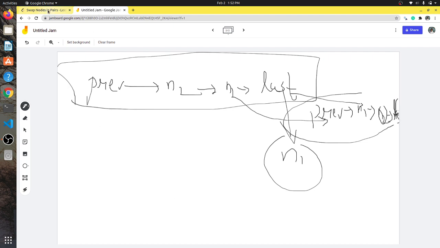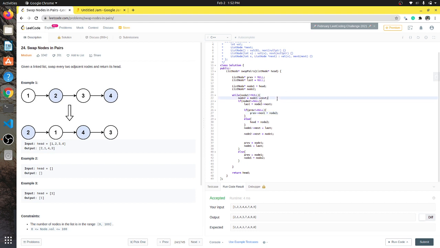Okay, so in the code, first of all we define prev, last, node 1 and node 2, and in the while loop our n2 is n1 next.